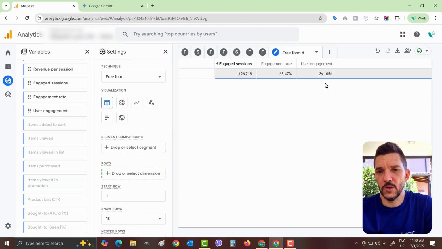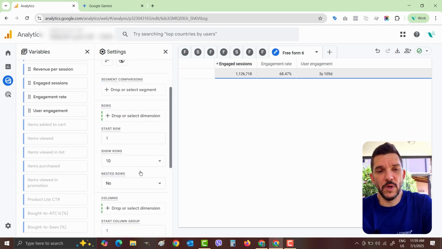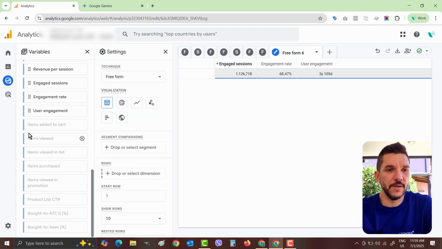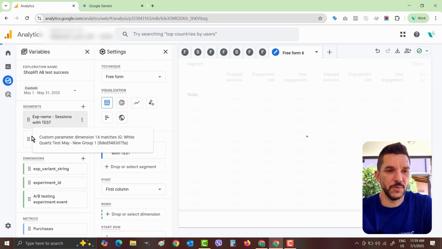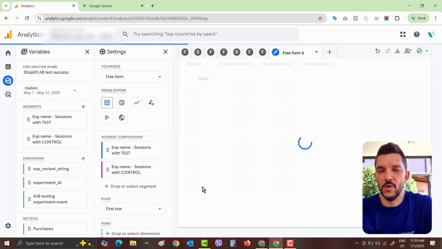user engagement is just added. They keep adding individual user engagement, so it's not some kind of easy to comprehend number, but that's why we're seeing years. And if we add these two groups of people and then pivot around first row for better visibility,